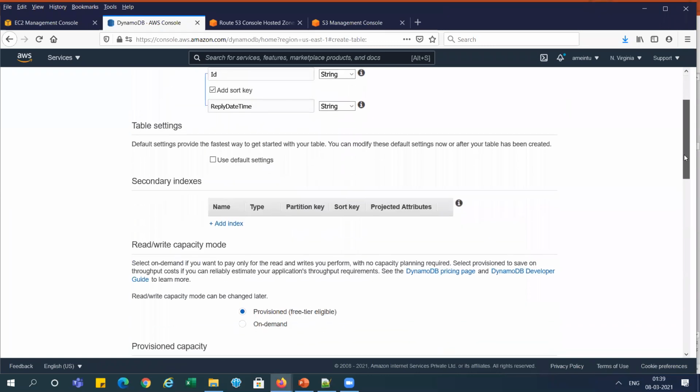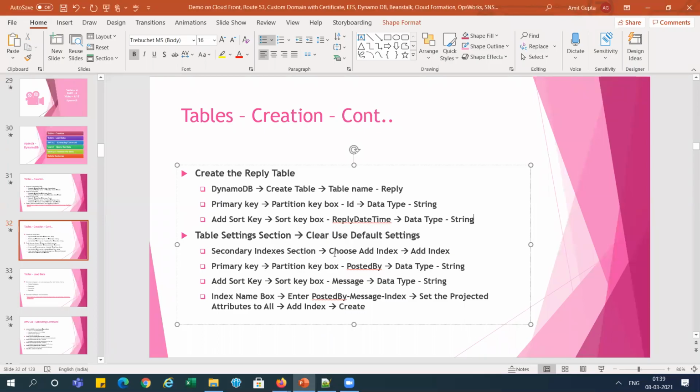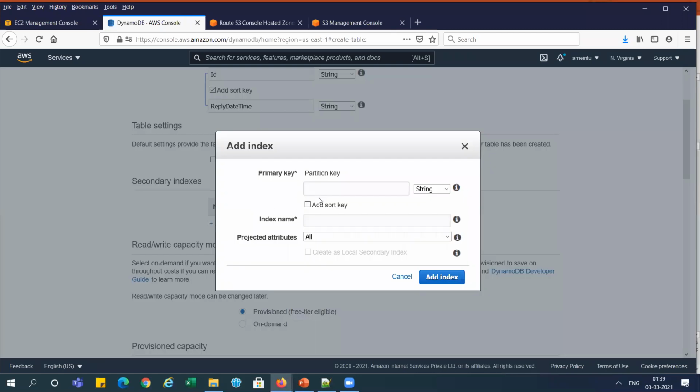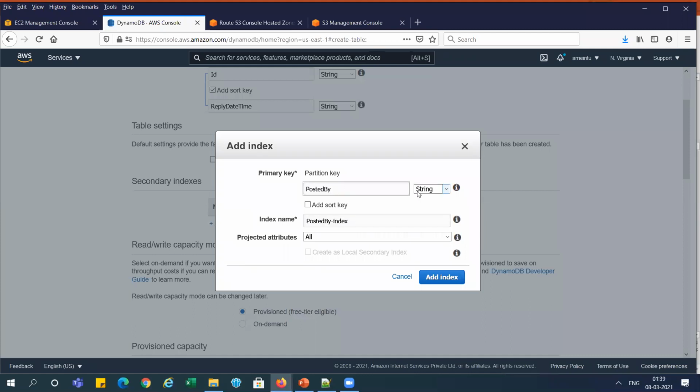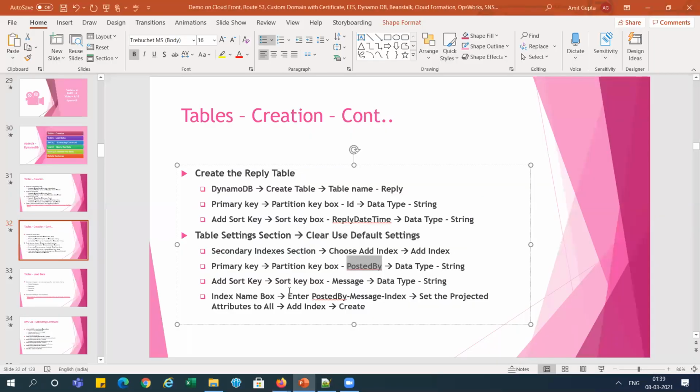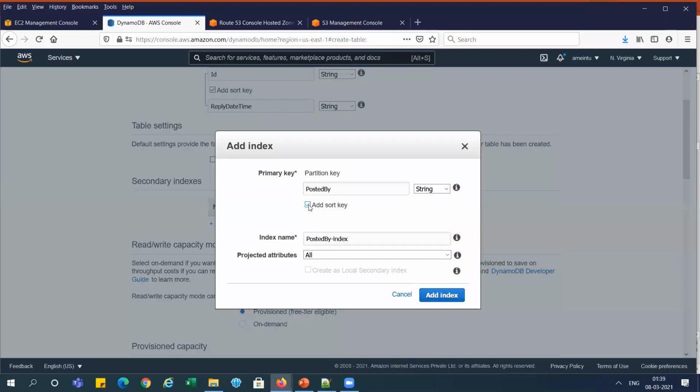You can see here we are getting the indexes section. So I have written Secondary indexes, Add index. We are adding here, right? We need to give the primary key. We are using PostedBy, and the type is string, right? And add the sort key also, we need to add Message, and the type is string.